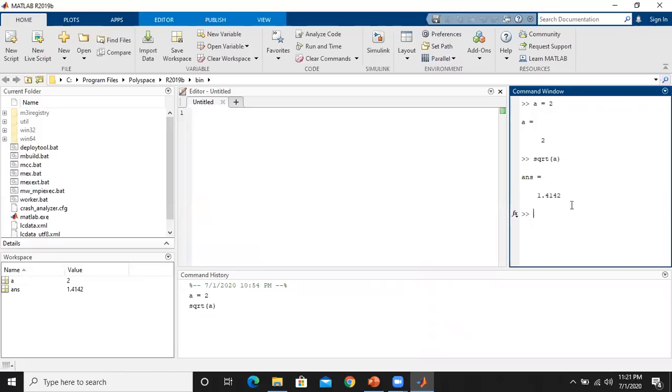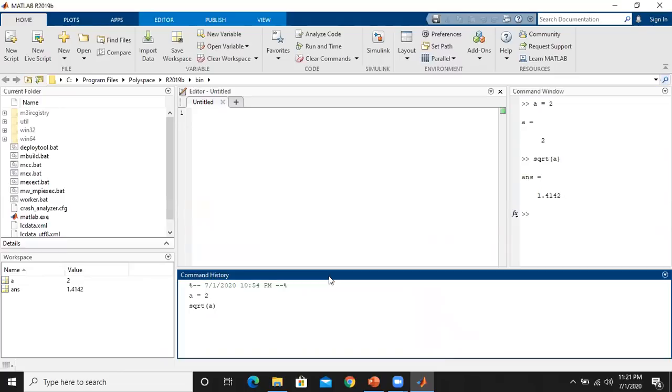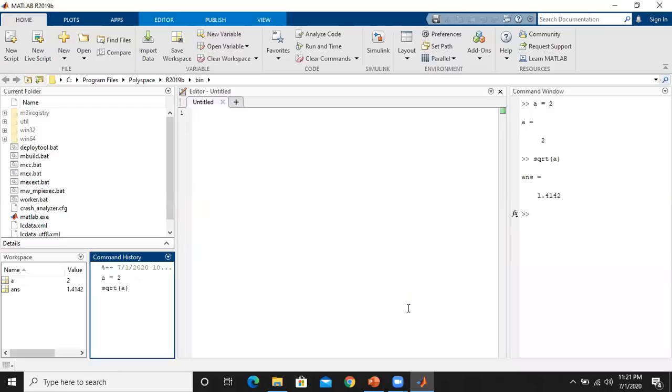Now the command window can be placed here. Now the command history will be looking like this, right? Even I can take this command window, or I can place somewhere else. I can keep this command history window here. So this way the MATLAB desktop environment gives the feasibility to place any window anywhere within the desktop screen.